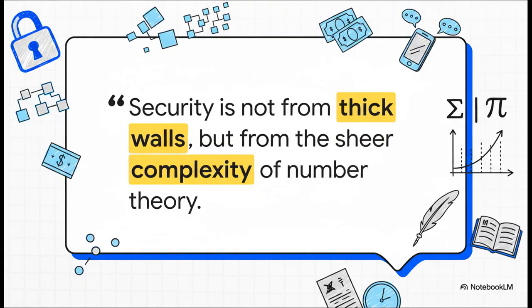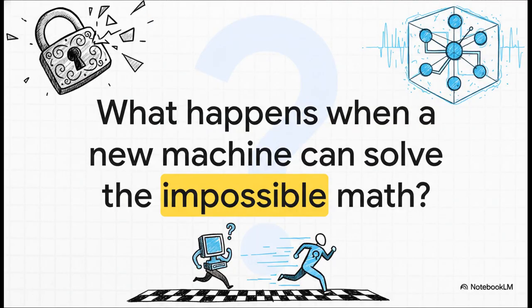And that really brings us to the core takeaway here. The security that holds up our entire digital society, all our banking, our private conversations, our online identities, it isn't built from concrete walls or giant steel vaults. It's born from the abstract, elegant difficulty of a problem in pure mathematics, one that was first explored more than 200 years ago.